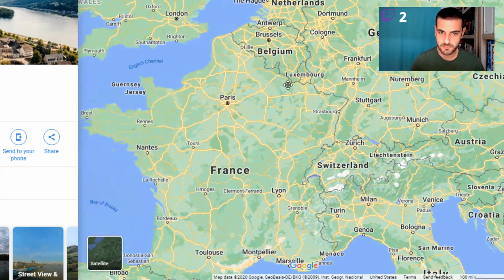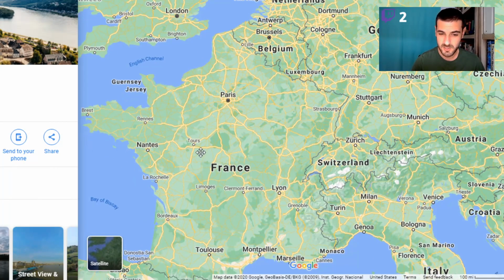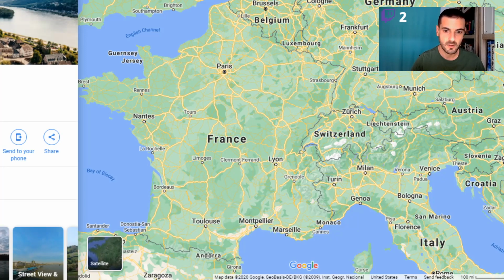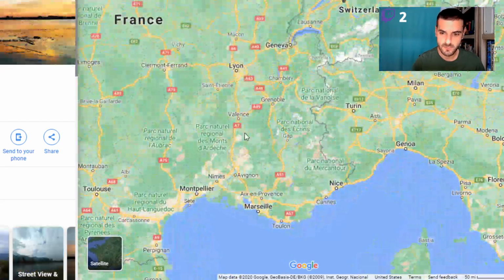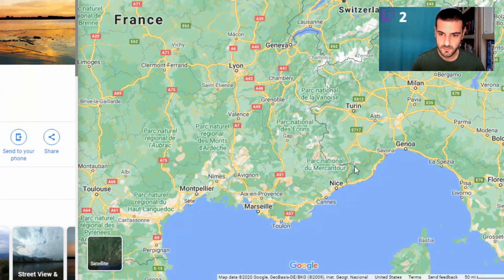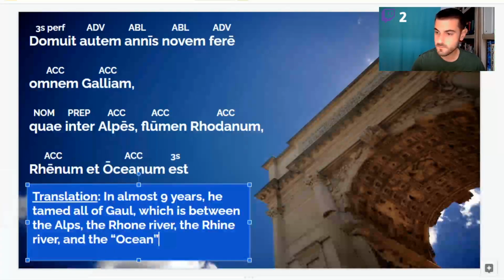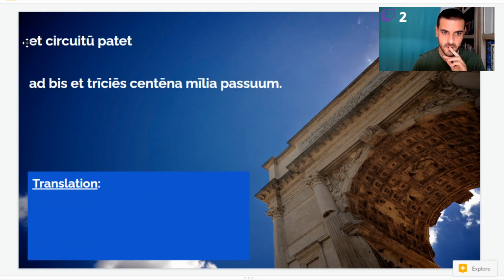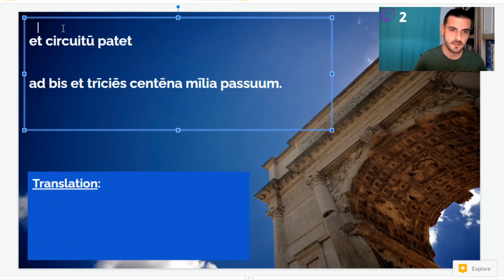Definitely all of Belgium, and pretty much most of France, right? The Rhone is down this way. So a big old area. That's what he conquered. So all of Gaul, which is between the Alps, the Rhone, the Rhine, the water,